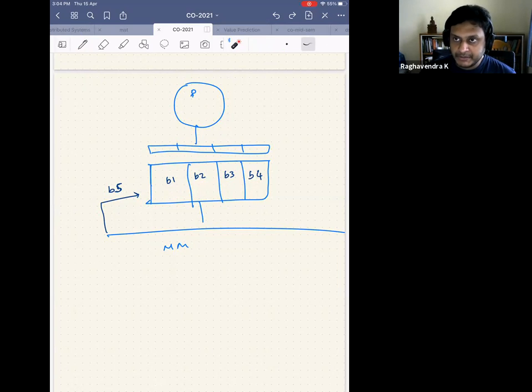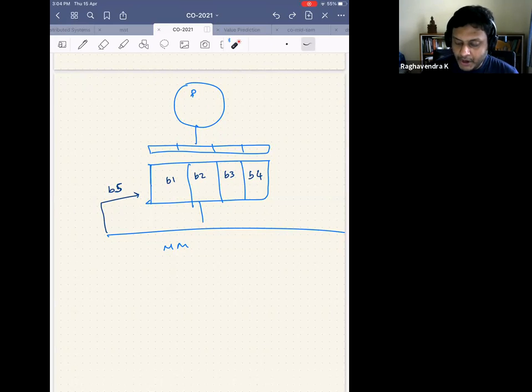You can come up with your own replacement policy to pick a block which has to be kicked out. The logical thing that makes general sense is that it's the least recently used, which means whichever block was least recently used, that block I kick out. Okay, all those things are fine. I'm assuming you have followed till now.